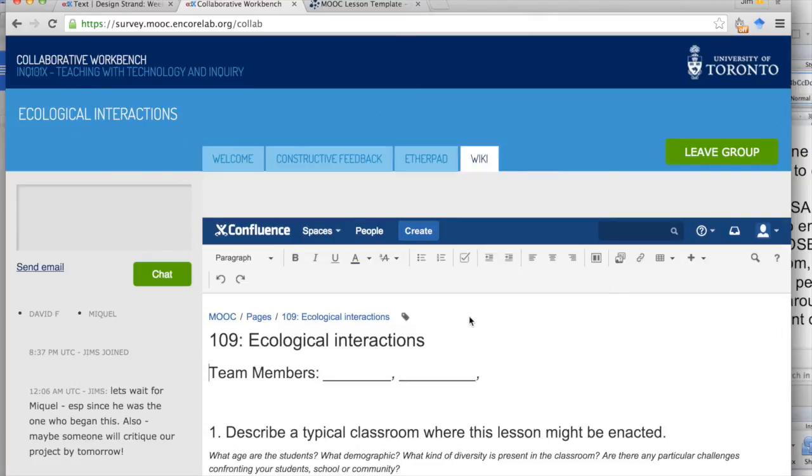Now if you go into edit mode, where you know you're there because you see this editing bar, and someone else from your team is already editing, you're going to see in red ink there, so-and-so individual is currently editing this page. If that happens, I would suggest that you cancel, back out of editing, maybe write the stuff that you were planning on typing in the Etherpad, and just give your partner a chance, or actually you can just type over here in the chat, are you really editing? So in other words, two people can't edit the wiki page at the same time, and so it'd be very good to